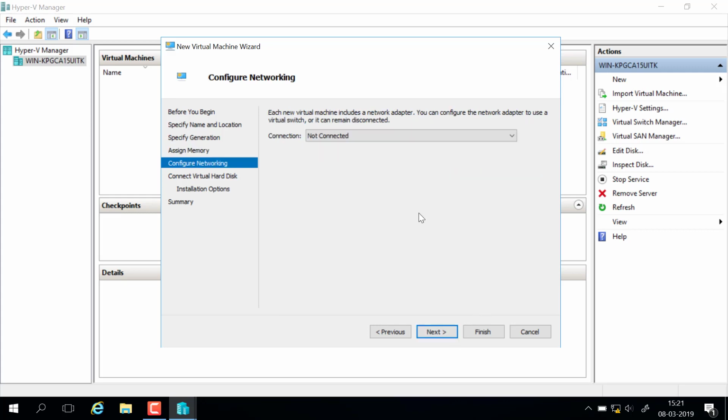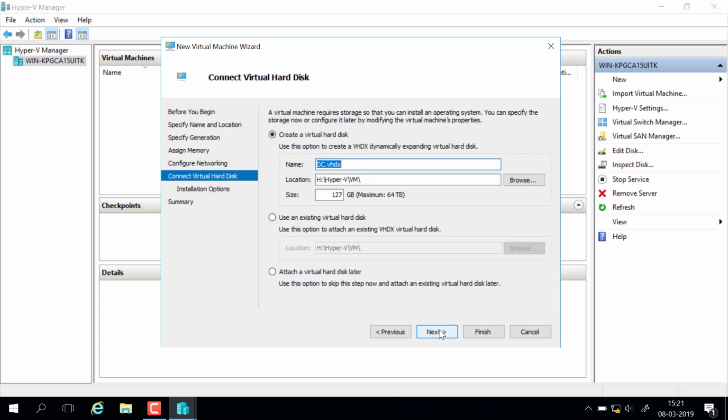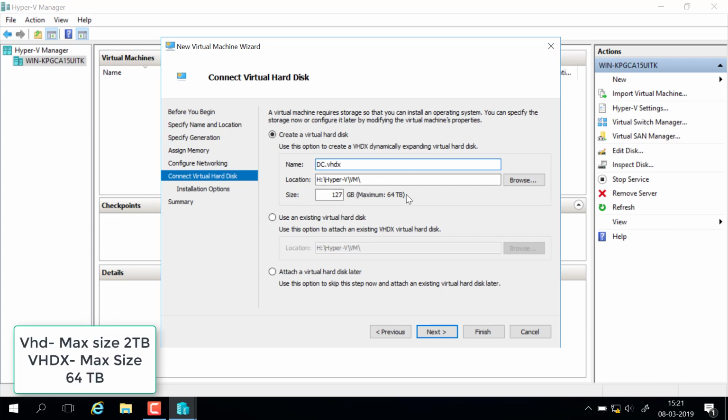And I'm going to click on Next, and where it says networking, I want this to connect to the production V switch, so I will leave it as the production V switch, and I'm going to click on Next. It's going to ask me to create a virtual hard disk. Leave it default. As you can see, the hard disk format is VHDX, and that's the format that was released in Windows Server 2012. And I'll leave the size as 127 GB. With VHDX, you get a maximum size of 64 TB, and we can leave it default,